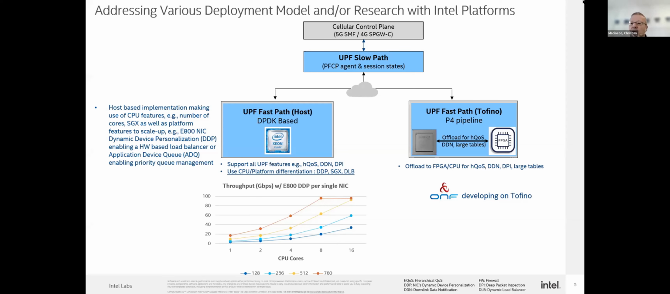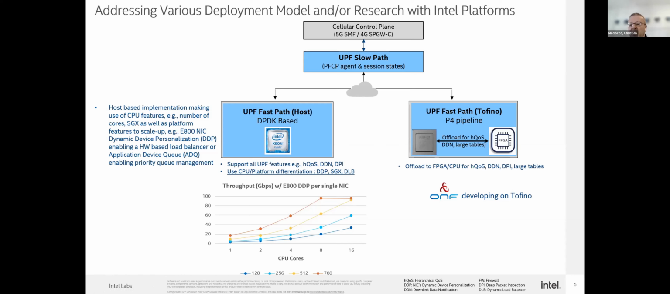So there is an implementation on the left side where, again, you run on the host and you can do a full UPF implementation on the host, supporting hierarchical QoS, data downlink notification, some DPI. We use some CPU features or platform features. One of them is DDP, dynamic device personalization. And the chart below shows you with DDP, we can do a GTPU, basically load balancer in hardware on the NIC, right? So we load balance the GTPU traffic on the NIC, and we feed different cores. And here we see that, with 8 CPU cores, we achieve about 98 gigabit per second throughput with one NIC,